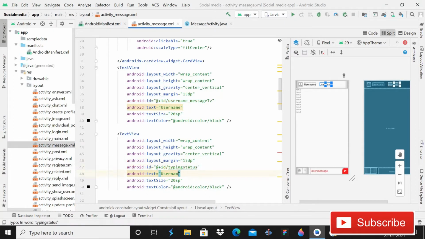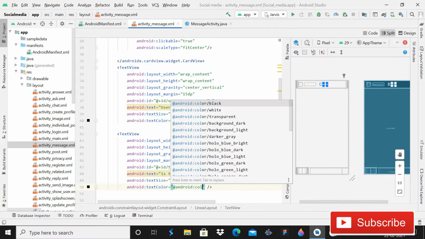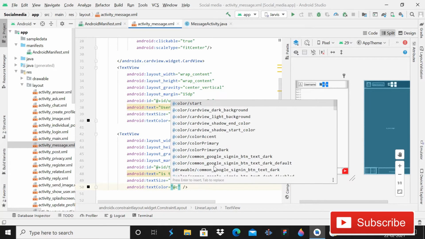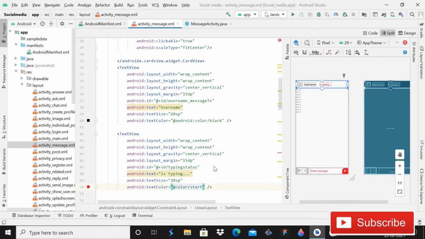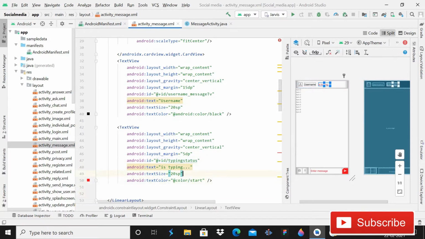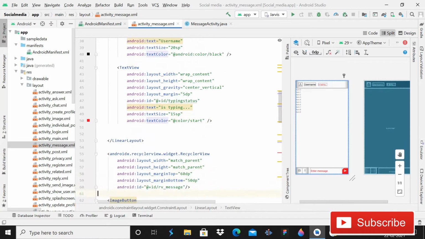and you have to give the text, and that is going to be "is typing". That's all, and a few dots, that will be okay. And the text color is going to be red. Yes guys, or you can say color start, not like that, color start. Yeah, now it's white. And there is a margin of 15 dp. I think it's too much. Yeah, now it's okay. After this, the text size should be 15 sp, and that's okay,